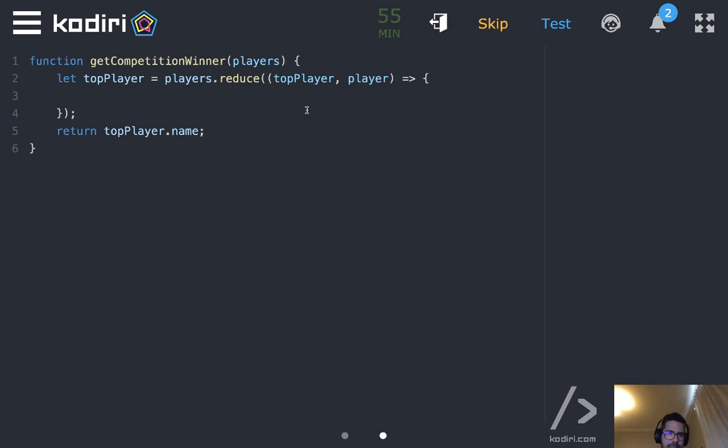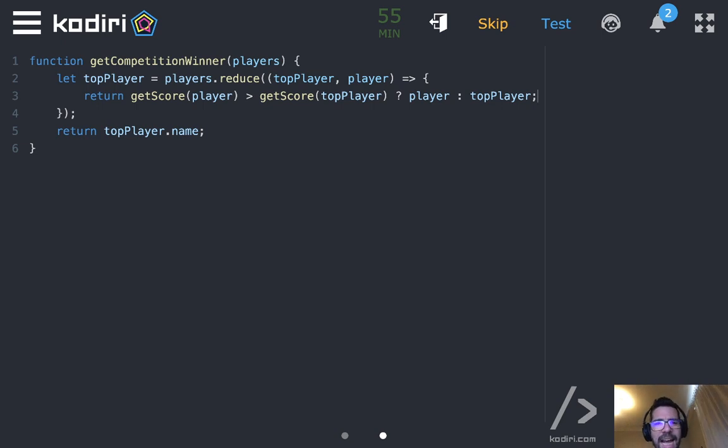So the idea is, look guys, return: if getScore of player is greater than getScore of topPlayer, then return player, else return topPlayer. You see the idea?